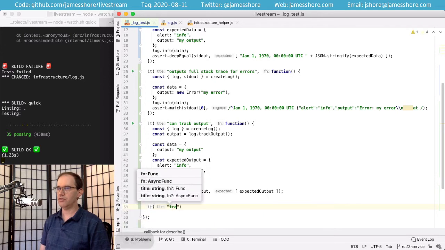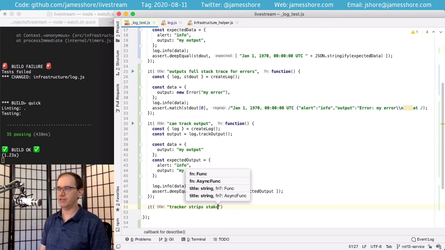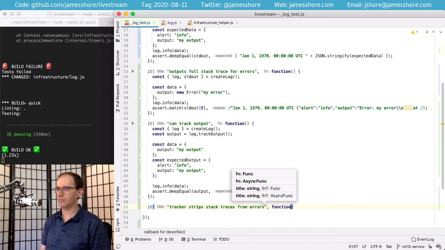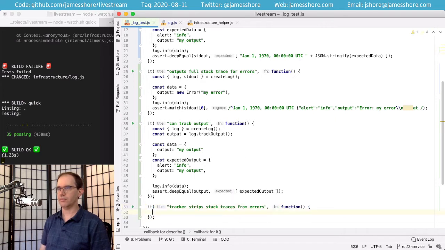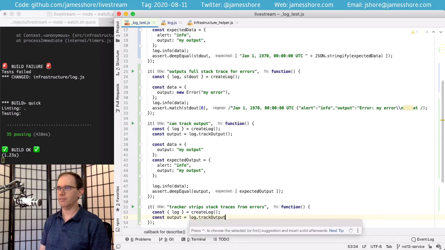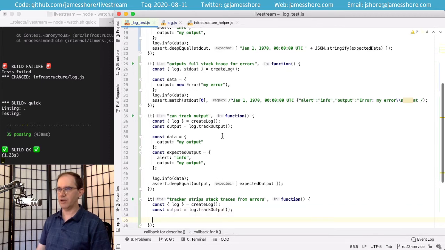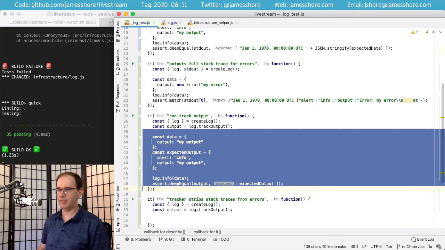Let's see, tracker strips stack traces. So we'll make our log and we'll track the output. In fact, we're going to do basically this same thing here.